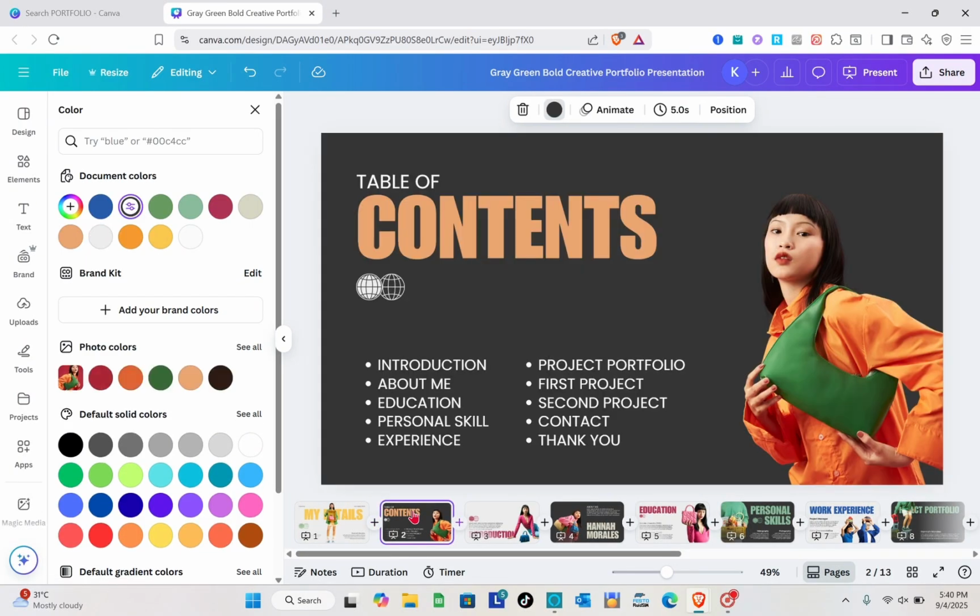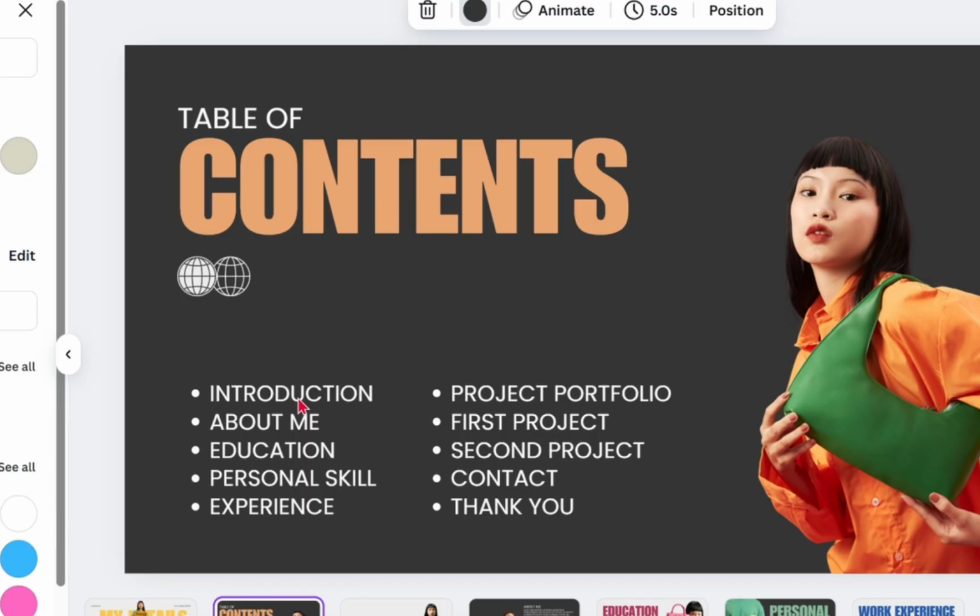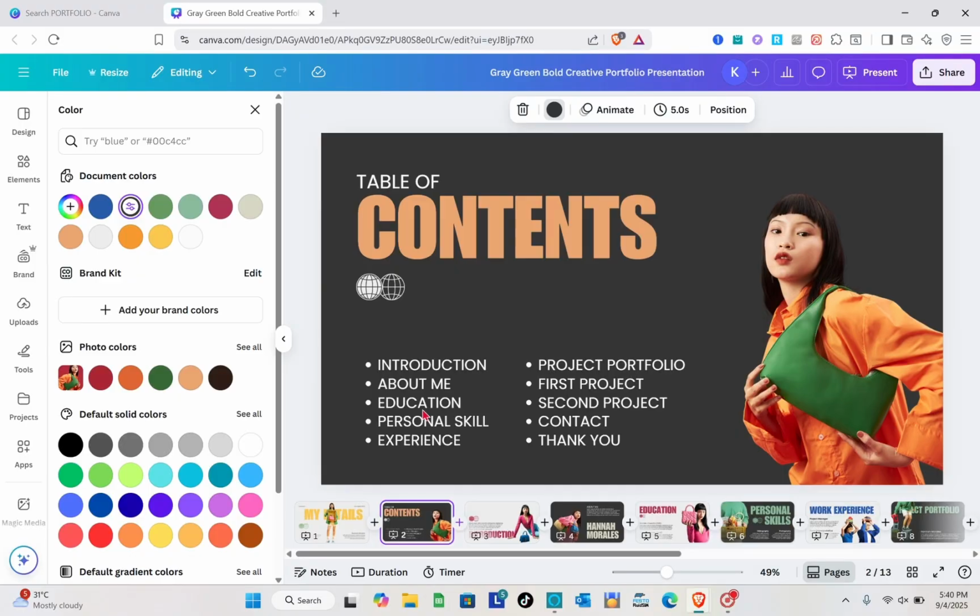Okay, now for the next page, we have here your table of contents. This is very important when you are creating your portfolio. You should have your table of contents. So of course we have our introduction, about me section, and then your education, personal skill, experience, project portfolio, first project, second project, contact, and your thank